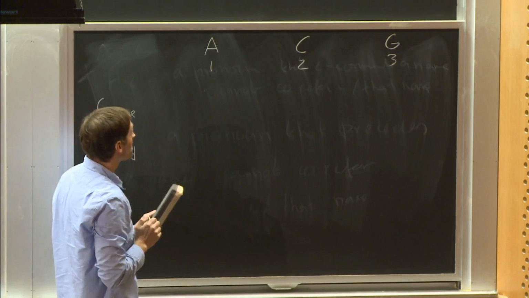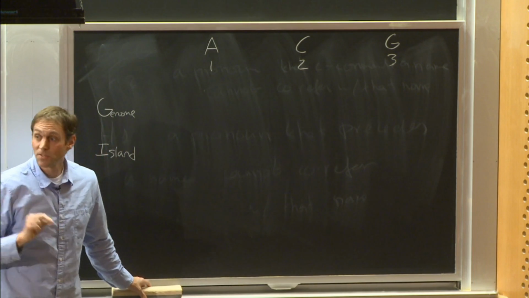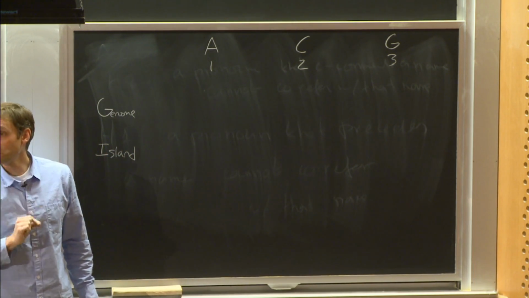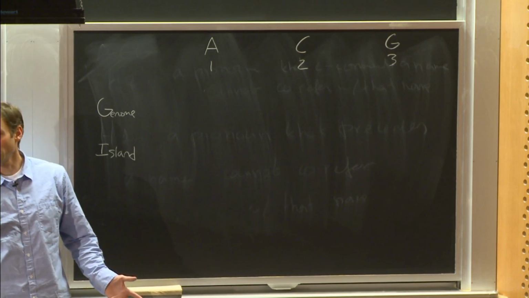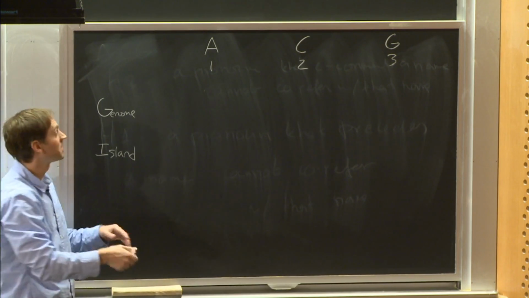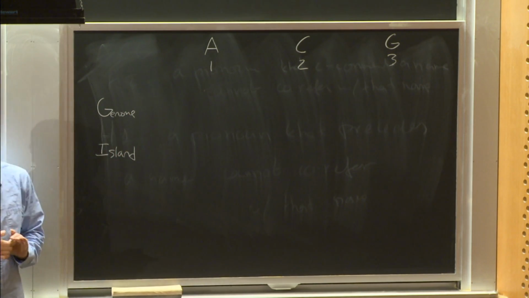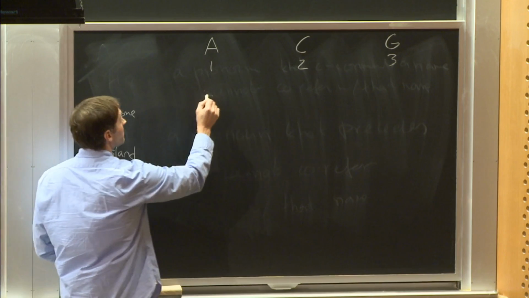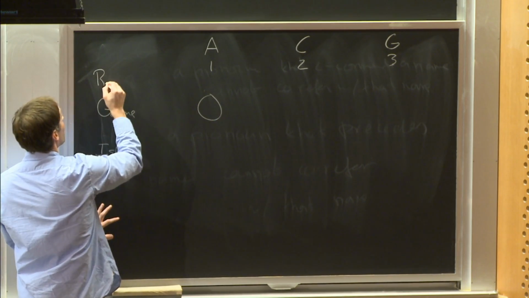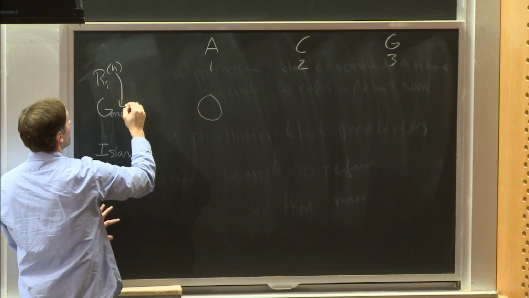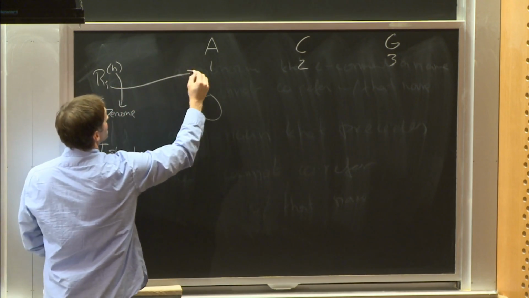And so what is the optimal parse of the sequence from base 1 to base 1 that ends in genome? Okay, it's just the one that starts in genome, and because it doesn't go anywhere else, right? So it's just genome. And what is its probability? That's how this thing is defined here. This is this R_i(H) thing I was talking about. This is H, and this is i here.